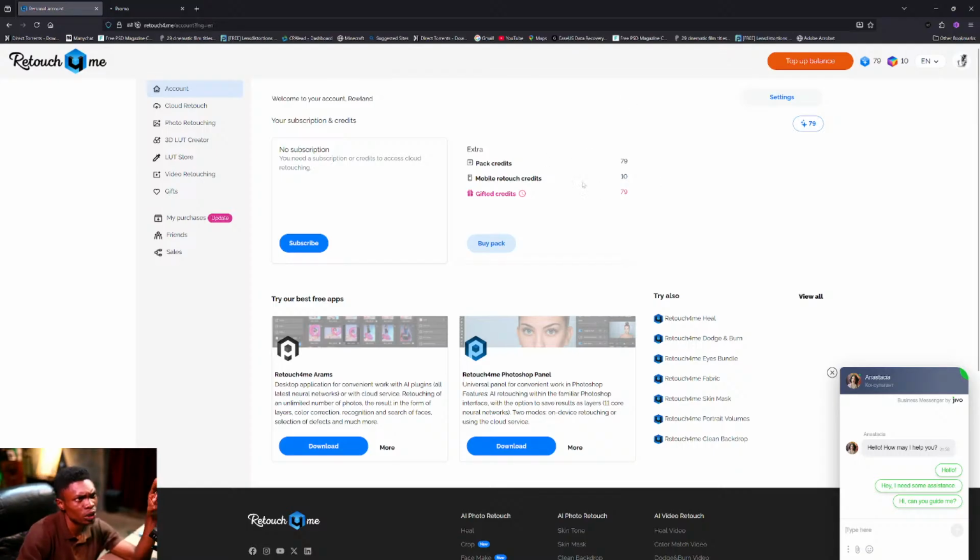See my retouch credit now, I still have 79 retouch credits. And they can even transfer retouch credits. Most of my viewers have gotten retouch credits from me, because I get over 100 retouch credits, and that 100 is for 100 pictures. I barely use my cloud retouching. Today, since the session was short, I used it for one of my guys who did BTS for me earlier. I used it on his pictures.